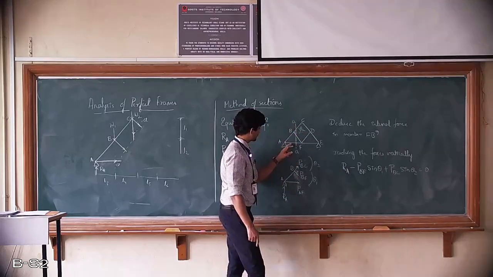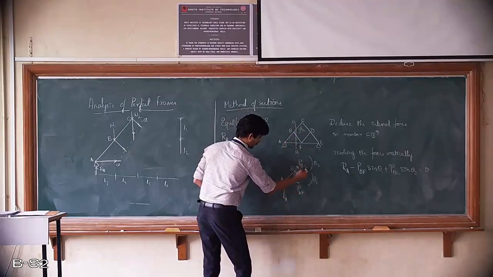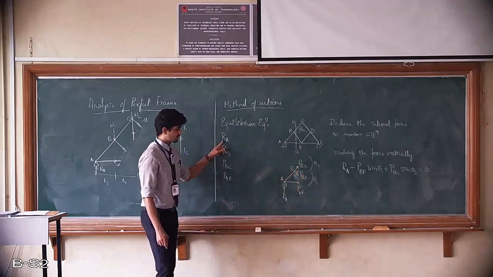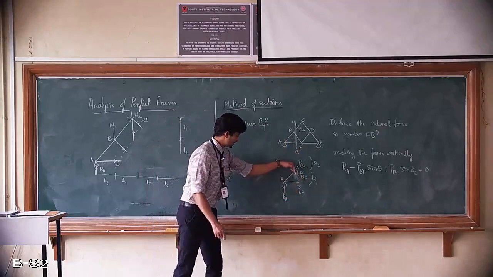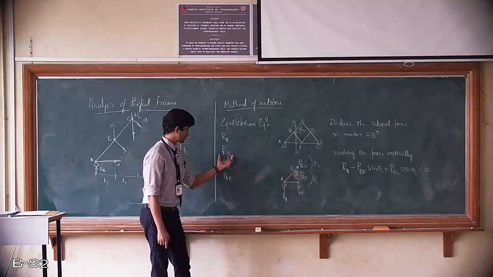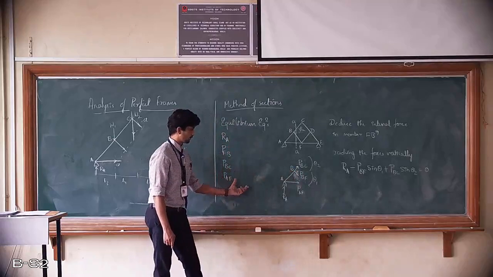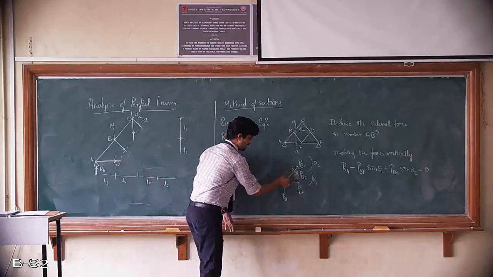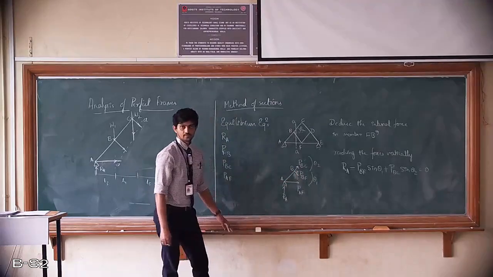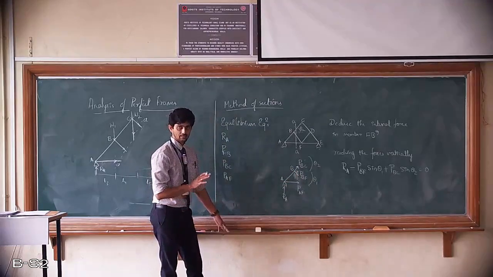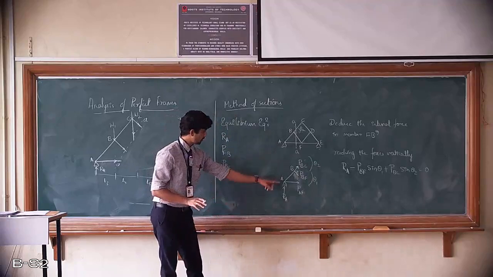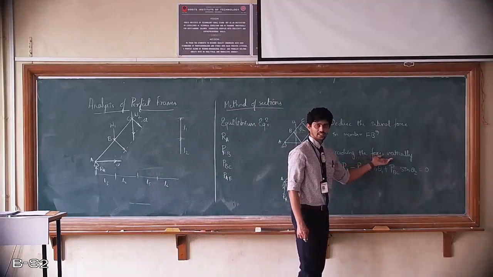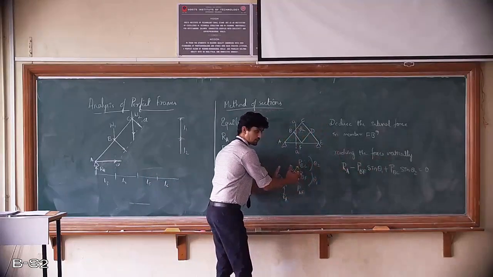Once it cuts, then I am going to consider that particular section alone, in which RA is going to be external, PFB is going to be an external force, PBC and PAF. Now resolving only with respect to these forces. Here I am not considering PBA or PAB. That is going to be an internal force that I am not going to consider, whereas the rest of the members I have considered.